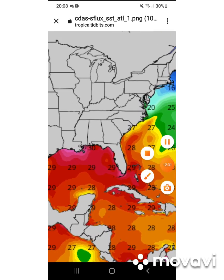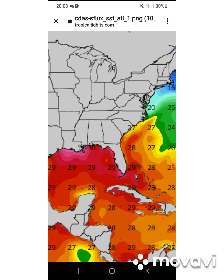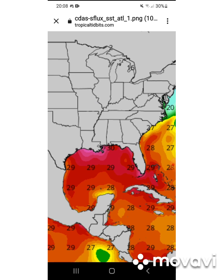You do see some 30-degree waters near the Bahamas, south of Florida, and near the coast of Louisiana and Mississippi. Now, don't get your guard down for Louisiana and Mississippi. You guys could have a storm there this year. Maybe not as strong as Ida, because the Western Gulf is meant to be a little bit suppressing activity this year, which is good news, because not many tropical storms will make landfall on Mexico or Texas, but you can still see a significant amount of hurricanes, tropical storms or major hurricanes in the Gulf of Mexico. It depends on the upper ocean heat content,